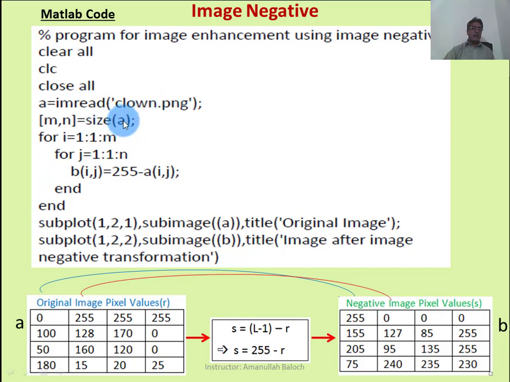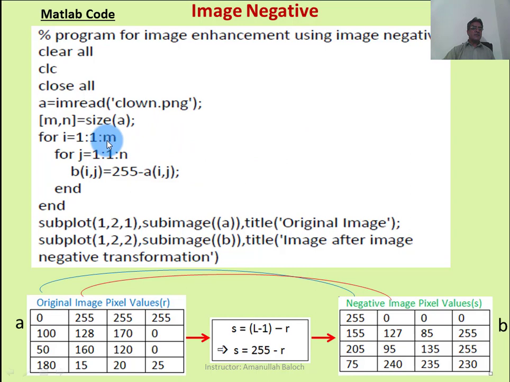Size of A will store the number of rows in M and the number of columns in N using this command: M comma N is equal to size of A. There are two for loops. The first for loop will start from 1 and go to the last pixel value of that row, because M represents the row.